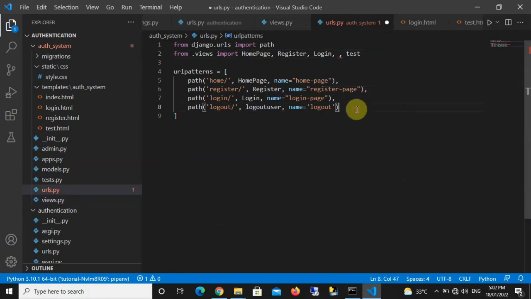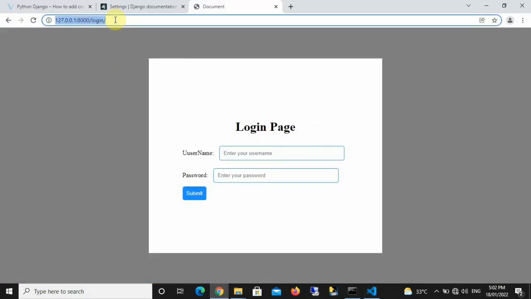So we'll put a comma here and we'll say path, and then we'll say test. We want it to be linked to the test URL, and we'll pass in test here as a function, and the name is going to be test. So let's save this now. If we go to /test,